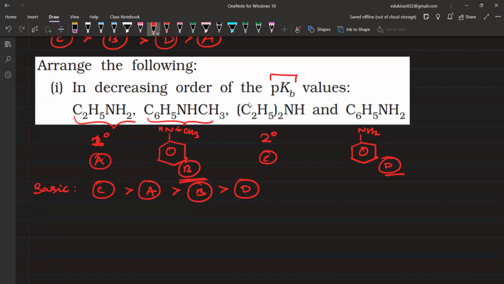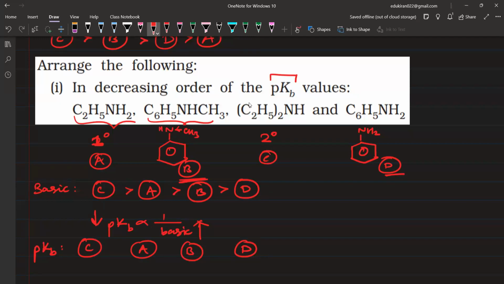Now, I think we should know pKb is inversely proportional to the basic nature. If basic character is high, then pKb is low. That is why the pKb order will be, you will write everything as it is, C, A, B, D. Just flip the sign